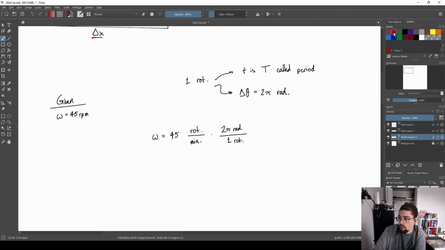So that would cancel out my unit of rotation. Now I need to cancel out my unit of minutes. I would say there is 1 minute per 60 seconds. That will safely eliminate my unit of minutes. Now what I'm doing is I'm multiplying across: 45 times 2 pi divided by 60. Plug it all in together, and we should end up at a value of 4.71